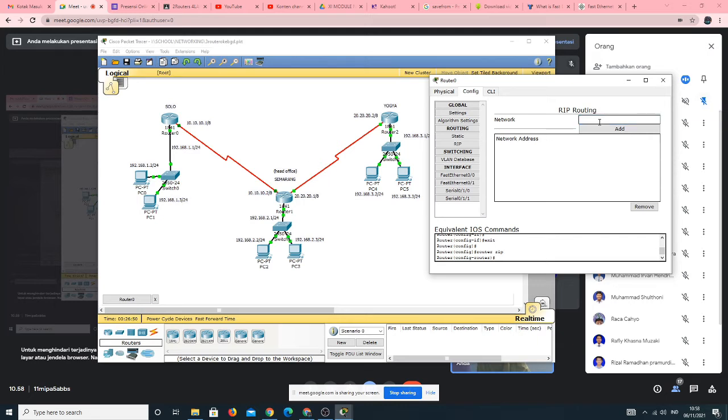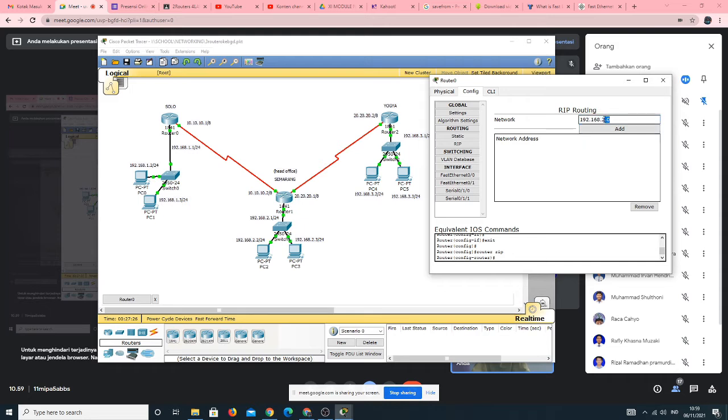For example, because this is router 0, router Solo, the network is the IP of LAN Semarang, 2.0, and then add. You can add this configuration, but I didn't use it because when I didn't use the RIP, the message or the packet data was already successfully sent.